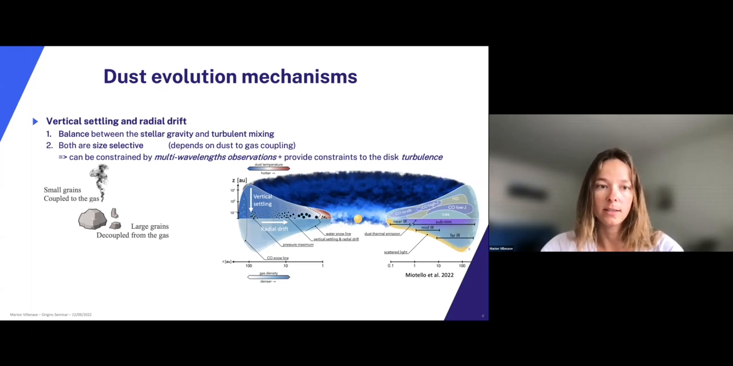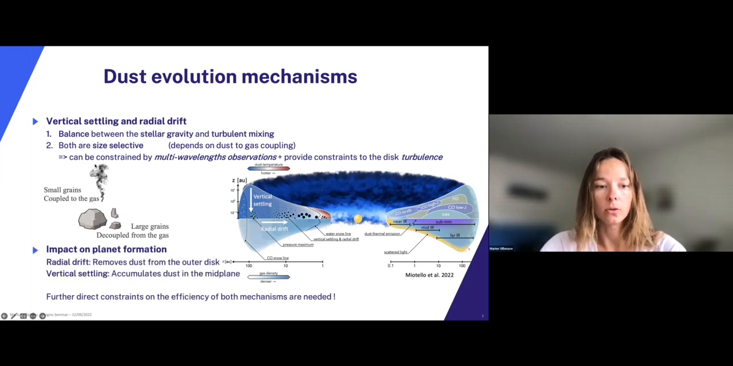And so because of this size-selective efficiency, we can use multi-wavelength observations, which probe emission from different grain sizes, to study vertical settling. And because it is a balance between the stellar gravity and the turbulent mixing, obtaining constraints on vertical settling allows us to better understand this turbulence, which are the two goals of studying vertical settling. So as I said, the impact of vertical settling on planet formation is positive because it allows the dust to accumulate in the midplane,